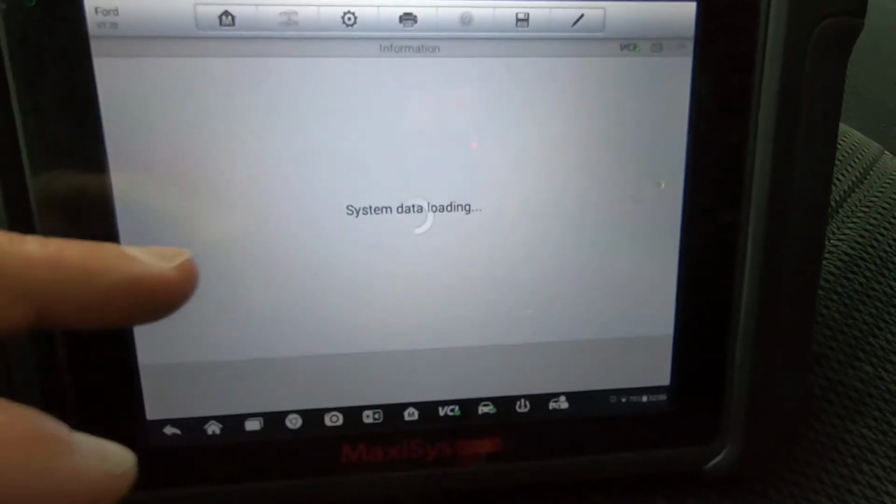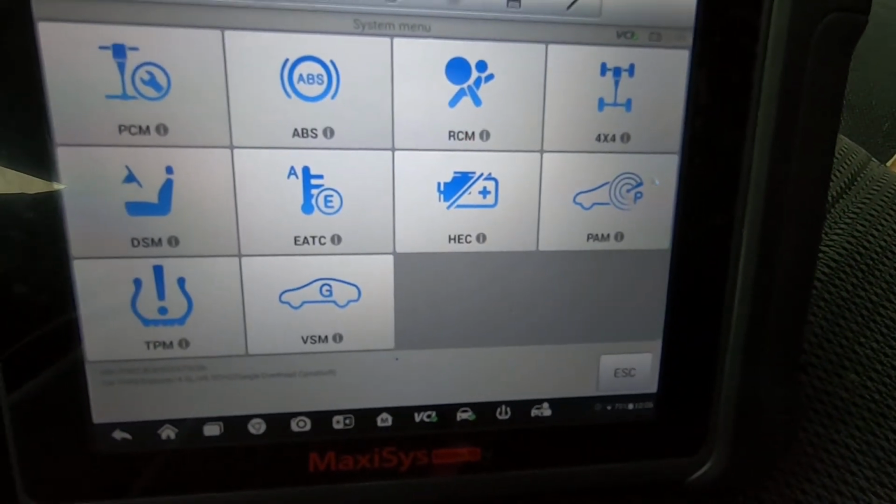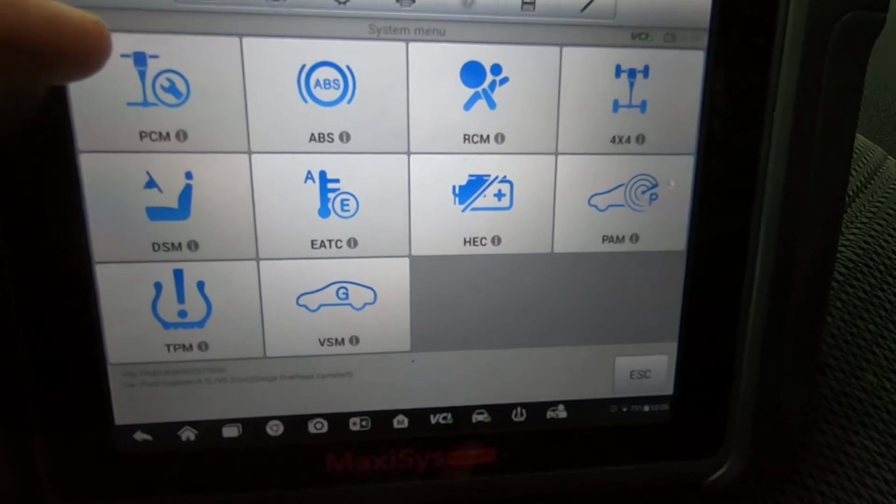So we're going to go into diagnostic. I'm going to hit control unit, and we're just going to go down through the different control units. First one's going to be PCM,